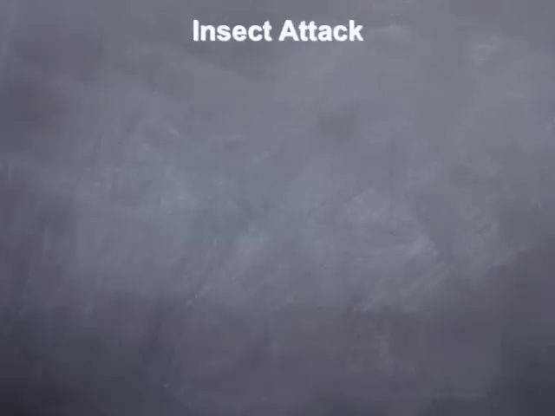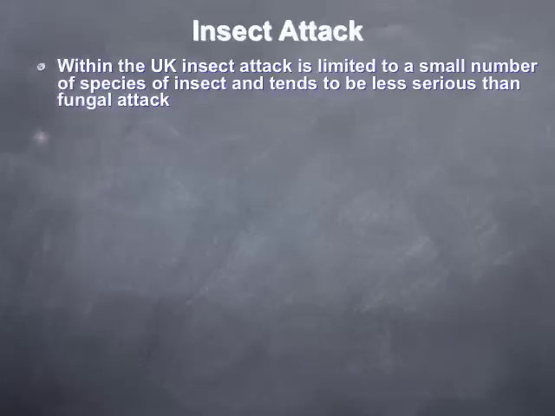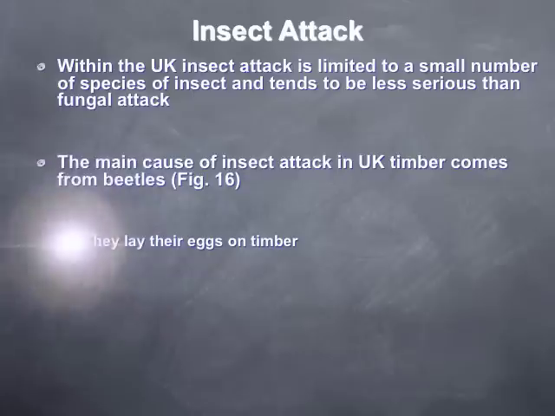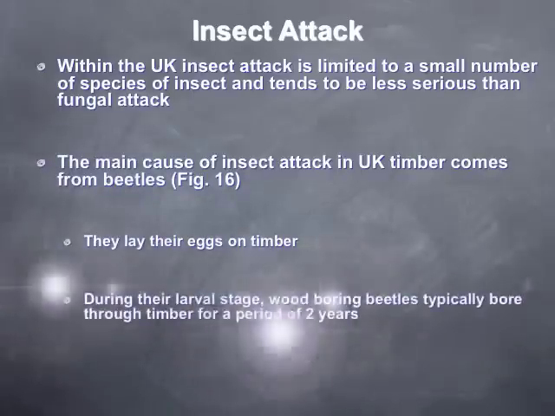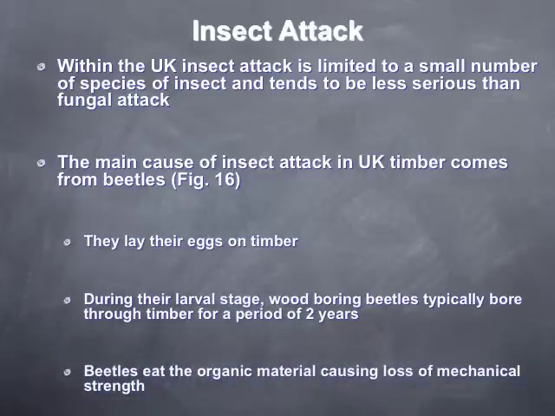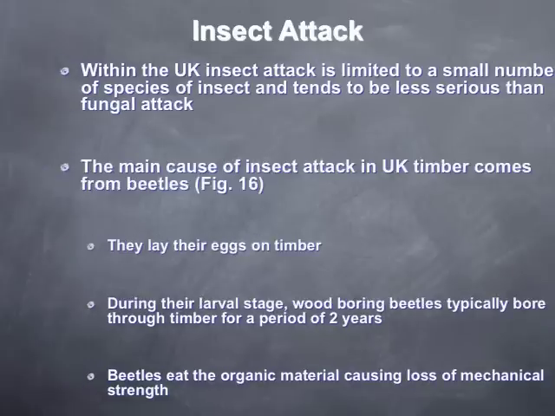That's fungal attack. With insect attack, it tends to be less serious than fungal attack, and the main cause of insect attack in the UK comes from beetles. Now, the way it works is that they lay their eggs on the timber, and during their larval stage, the wood-boring beetles typically bore through timber for a period of 2 years. And the beetles eat through the organic material, causing loss of mechanical strength because the density is actually reducing. And this is